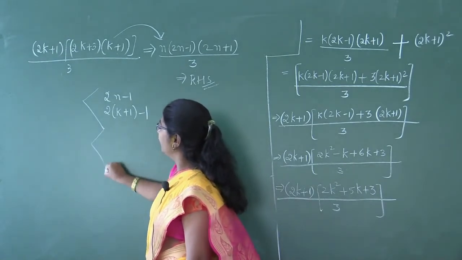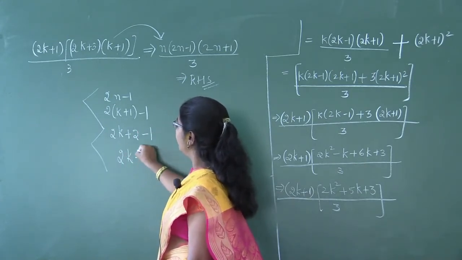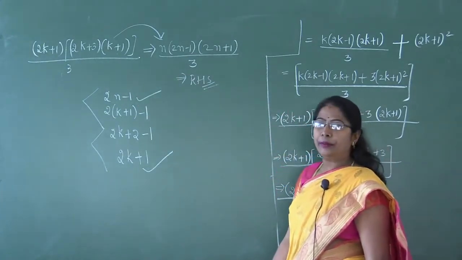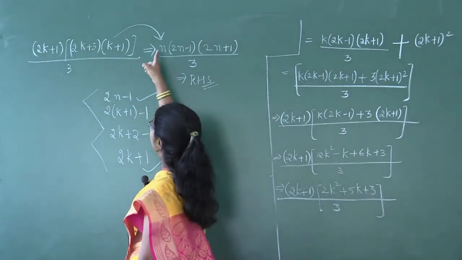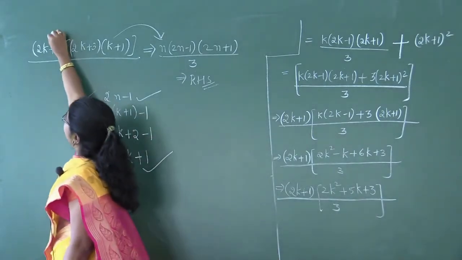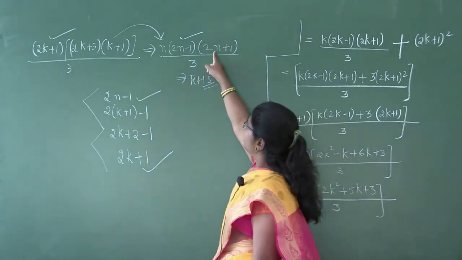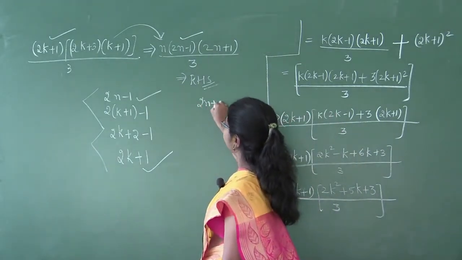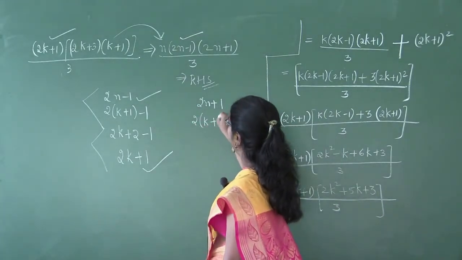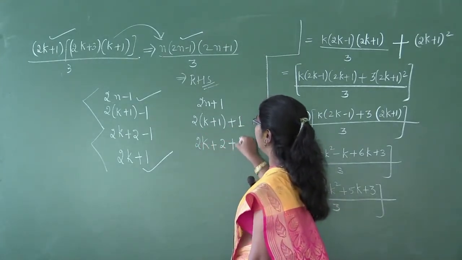When you multiply, what do you get? 2k plus 2 minus 1, and this will sum up to 2k plus 1. So 2k plus 1 can be written as 2n minus 1. k plus 1 is nothing but n. What is 2n minus 1 equal to? 2k plus 1. Vice versa, 2k plus 1 can be written as what? 2n minus 1. Similarly, which term do I have here? 2n plus 1. In place of n, what do I write? k plus 1. 2 into k plus 1 plus 1, which is equal to 2k plus 2 plus 1,